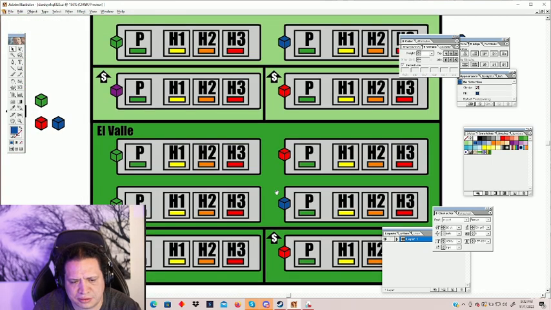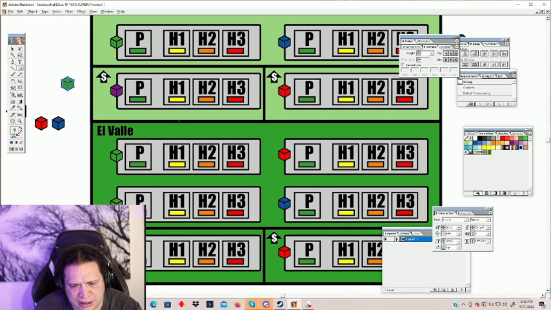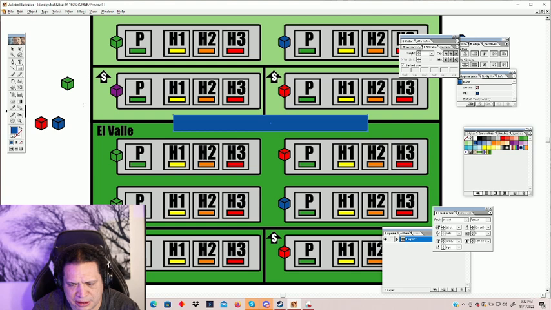Okay, what I want to do is make this easier to understand. So let me just make, I'll make a thing here. This is going to be like a